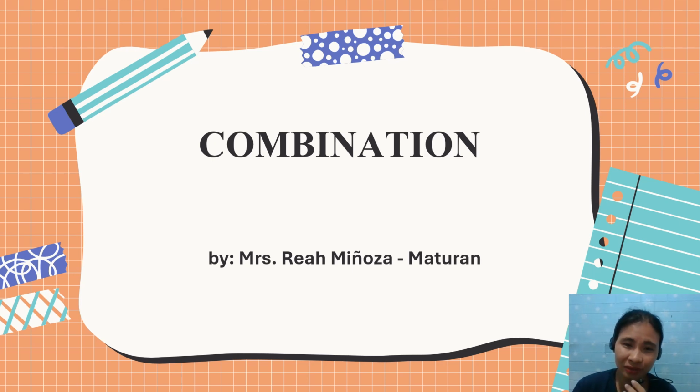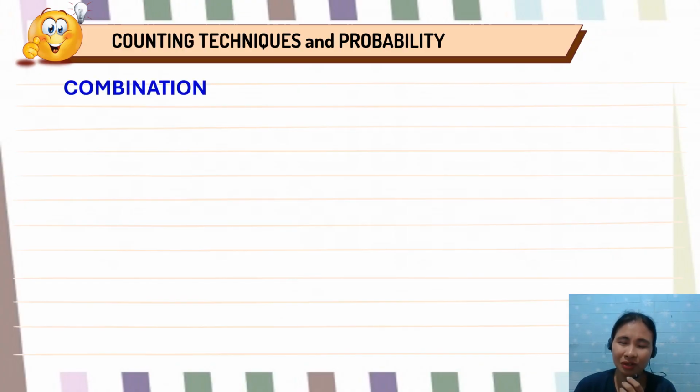This is again Teacher Rhea, and this time I am going to discuss combination. This topic is also applicable for binomial expansion using the concept of factorial notation. When we say combination, it refers to the possible number of orders that we can create out of a particular choice. This is a topic that has something to do with counting techniques and probability.